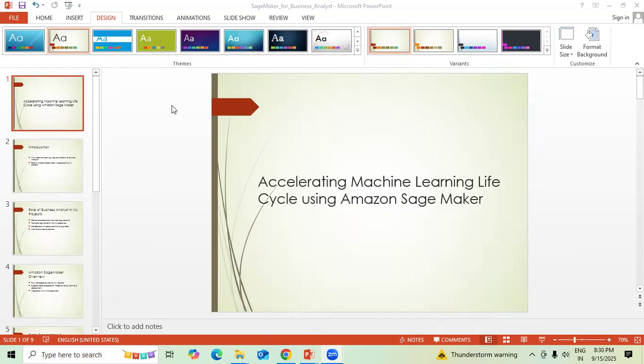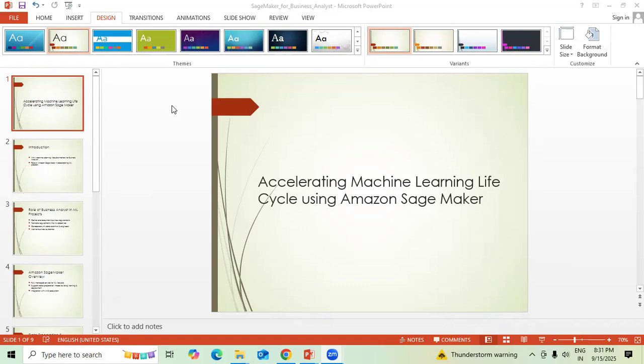Because if you want to accelerate the machine learning life cycle using Amazon SageMaker, because Amazon SageMaker is one of the prominent tools to accelerate machine learning life cycles under artificial intelligence, mainly for cloud related applications, because AWS